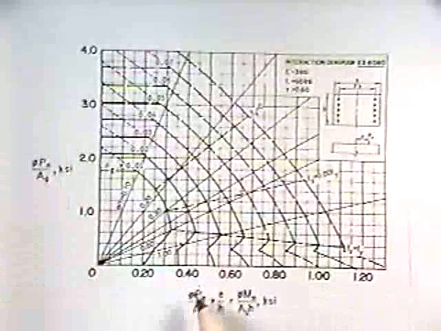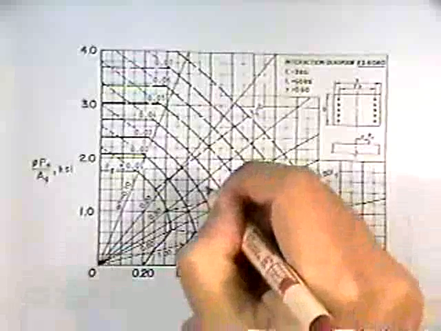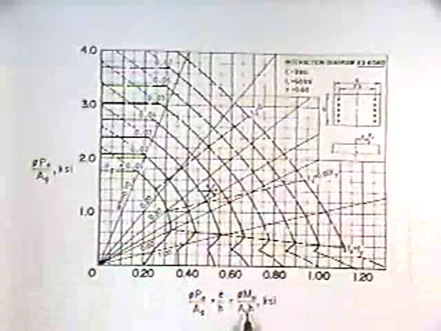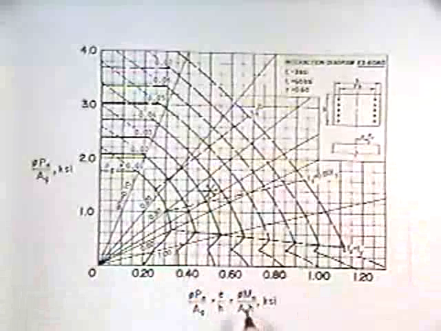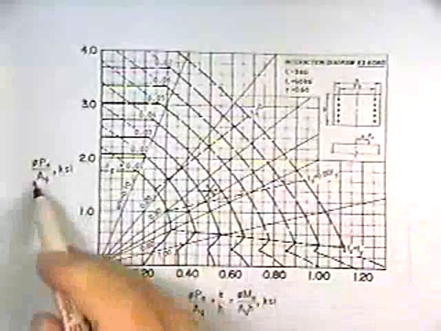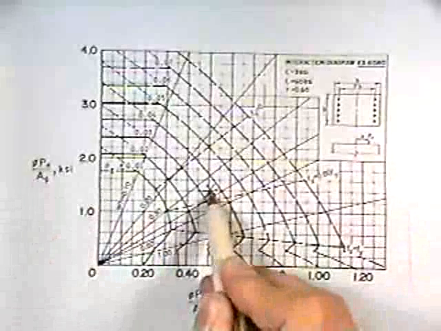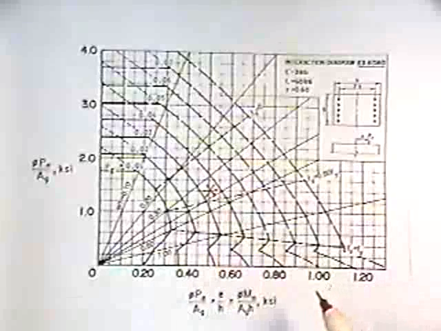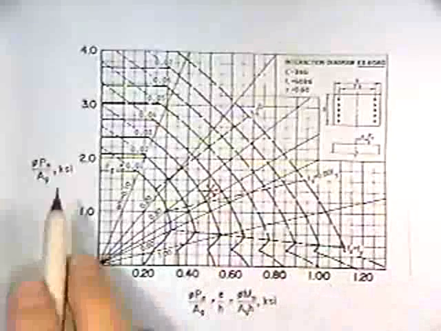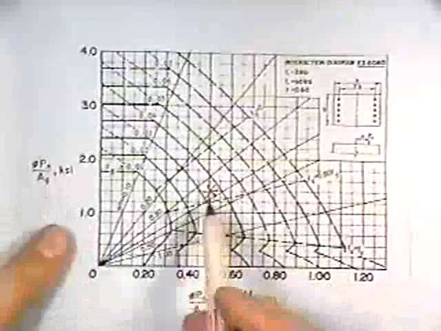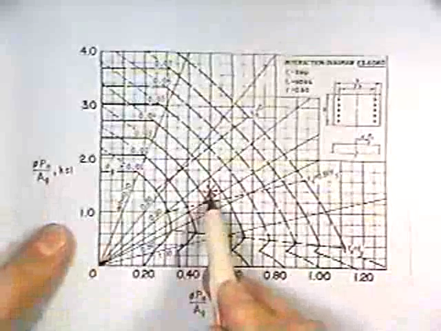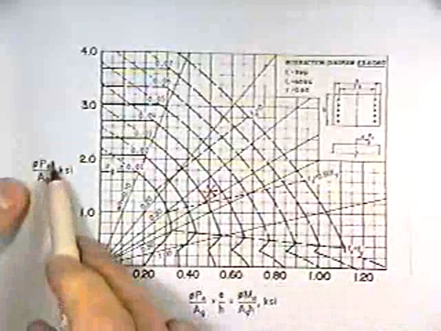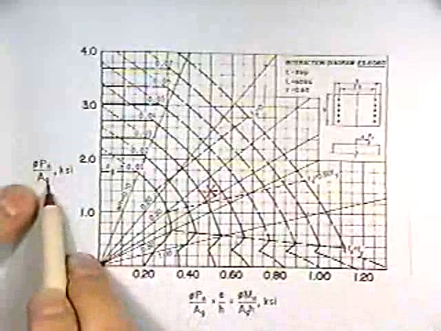Say I picked a section that gave me a point right here. I picked the cross-sectional area and its depth H on this axis, and the same AG on this axis, intersecting at this point. Is everybody with that? Those are both just assumptions. We don't know if they're right or not. So let's assume that this number here is 1.5 vertically. If P is 1,000, I'm going to make this thing